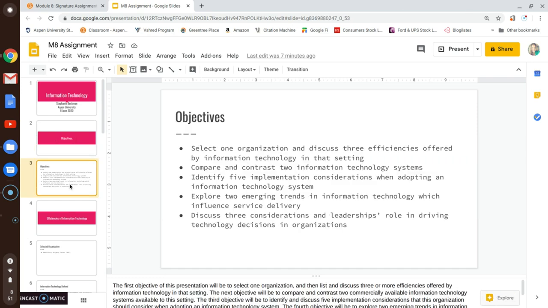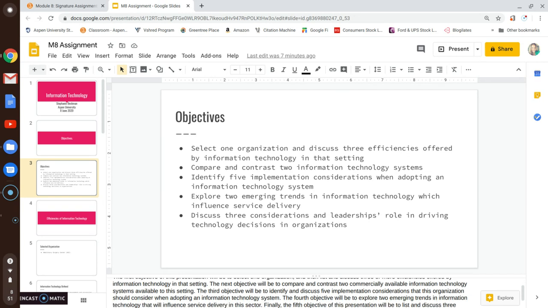Objectives. The first objective of this presentation will be to select one organization and then list and discuss 3 or more efficiencies offered by the information technology in that setting. The next objective will be to compare and contrast 2 commercially available information technology systems available to this setting. The third objective will be to identify and discuss 5 implementation considerations that this organization should consider when adopting an